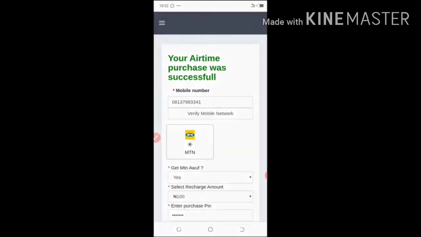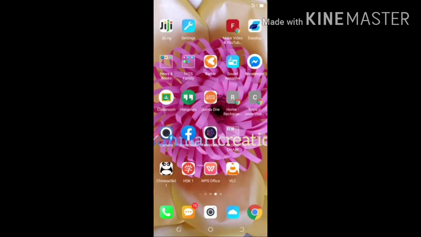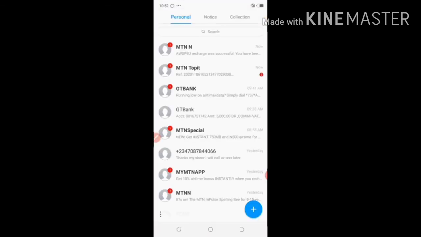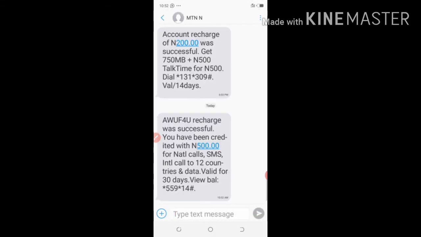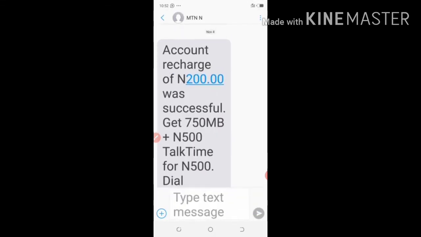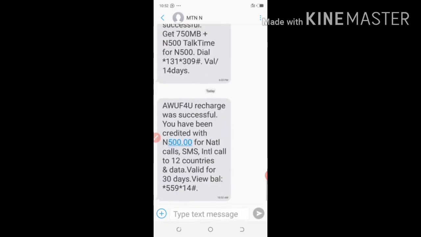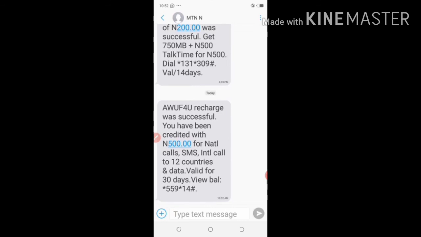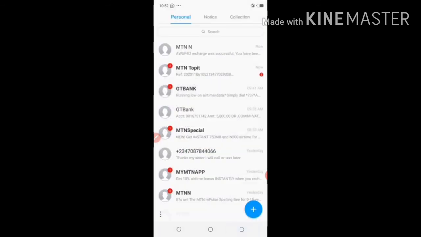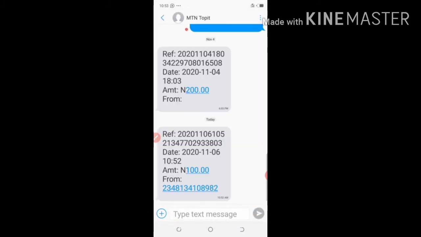So what I need to do now is go to my email and then look at it. Look at the bonus recharge was successful. I have 500 naira extra, and look at my top-up. You see, you receive your reference number. It was 100 naira that I did, and I had an extra